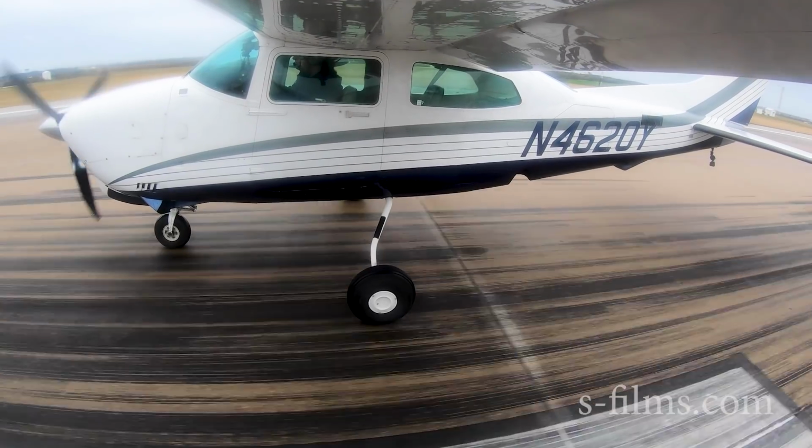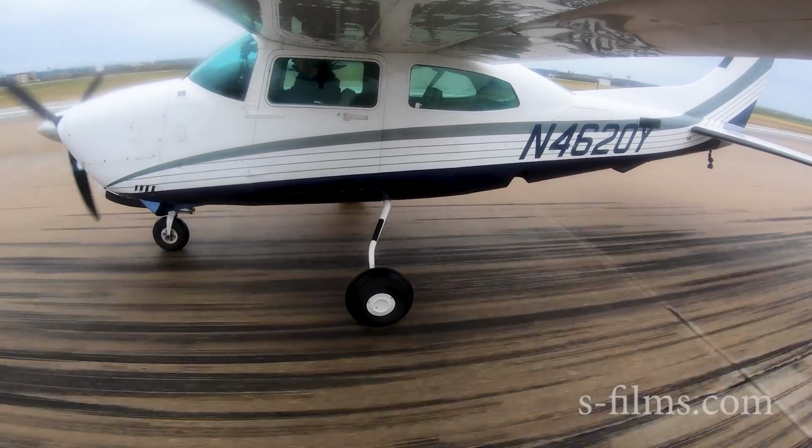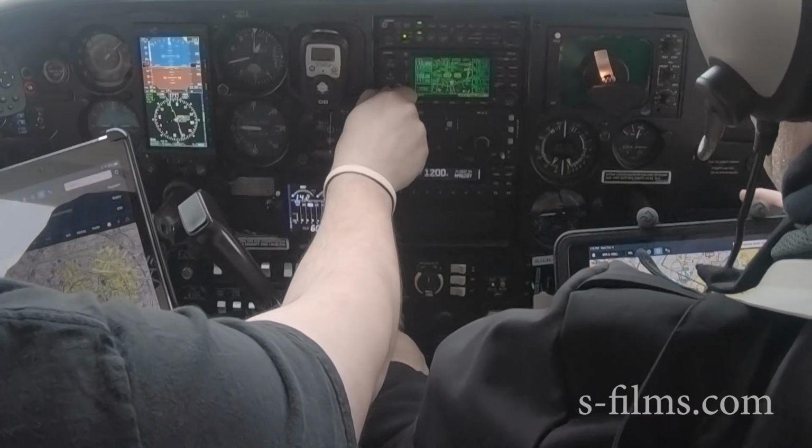Flaps to 10. Centurion 20 Yankee, left turn when able, contact ground point 9er, good day. Ground point 9er, I'll let you do that. Ground point 9er, 20 Yankee. Little shimmy in there. Yeah, I'm trying to pull the weight off the...